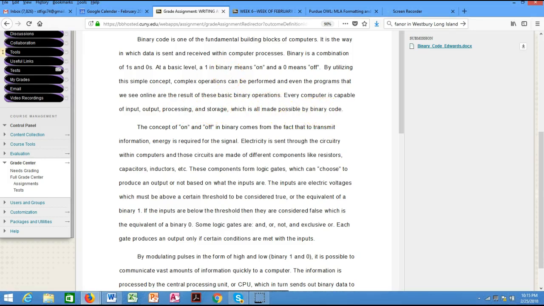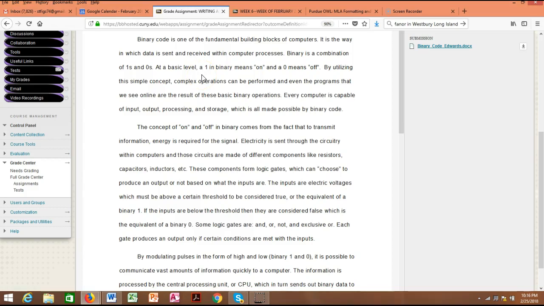Now, what did you notice? First of all, you notice that this whole paper is going to be a discussion of binary code. And the student gives you a brief definition, brief. The student does not go into all of the definitions in the first paragraph. The student is telling you what this paper is going to be about without saying, "In this paper I will." Nobody writes that way anymore.